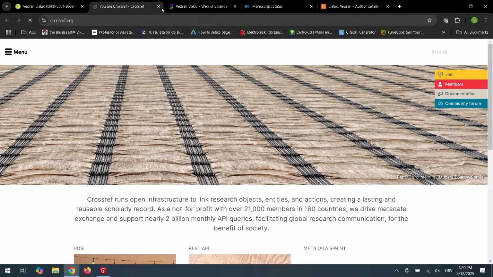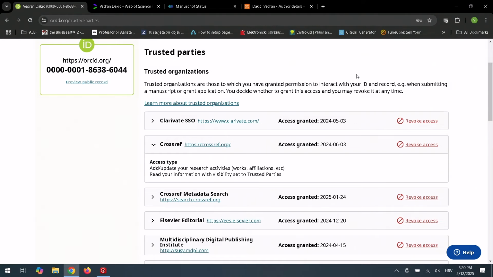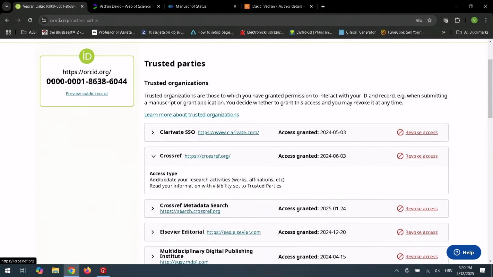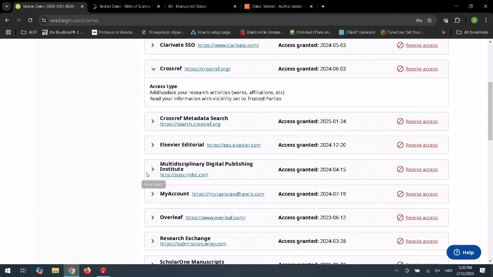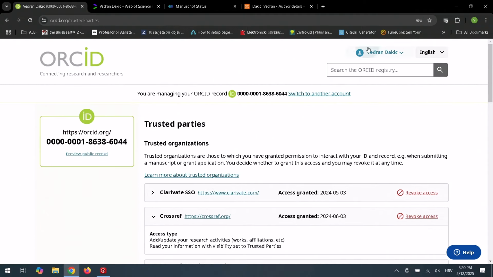Specifically, I'm going to show you one thing here. If a paper is published, just as an example, by MDPI, which is where a lot of my papers were published in some of their journals, when the paper is published, it gets indexed in Crossref and in the MDPI system, and both of them can update your ORCID profile. Okay. I'm going to show you how that looks.